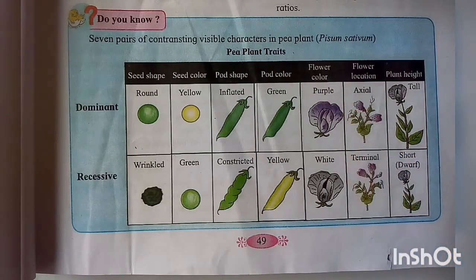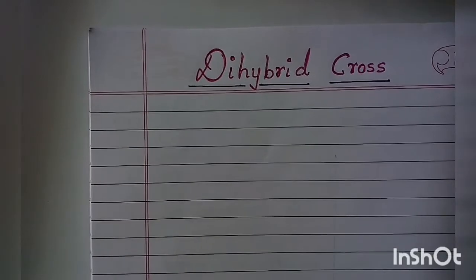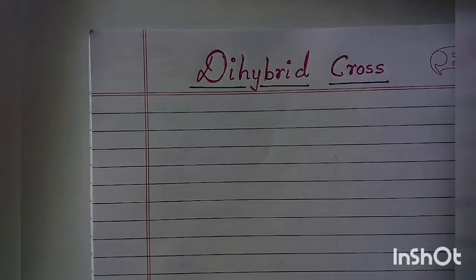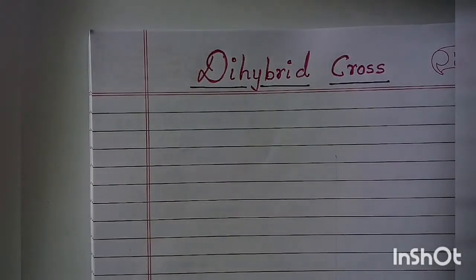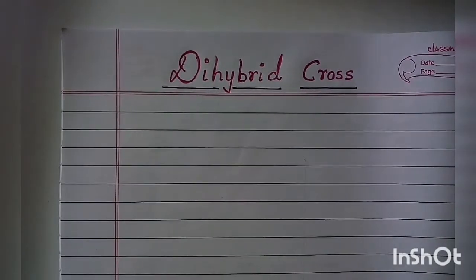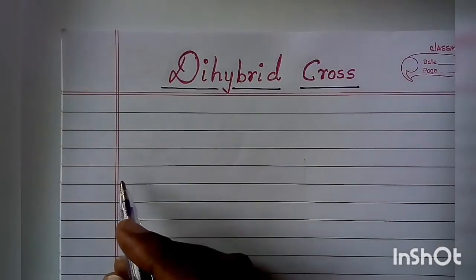Now one thing that you have to remember is, whenever we are doing a cross, each character has got traits. Every character has two alternative traits, and out of the two traits, one is dominant and the other one is recessive. To start with a cross, the first thing that is needed is parents. So always the cross begins with the parental generation and then it proceeds to get the F1 generation, and by selfing the F1 generation we get the F2 generation. So first we'll start with the parents.